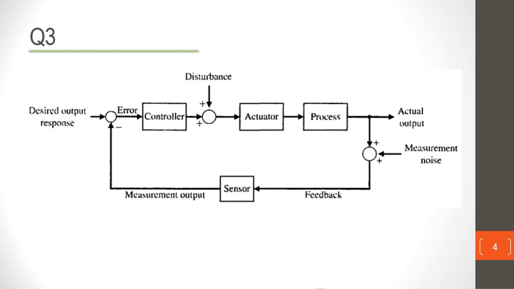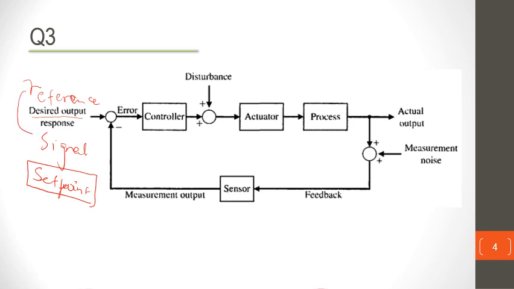Starting from this side, you need to look at the reference signal, or the desired response, sometimes called the set point. This would be what you desire your output to be, and then from there it goes into this comparator to generate an error signal. The error signal is the difference between the desired response, reference or set point, and the measured output. So the controller then takes this error signal